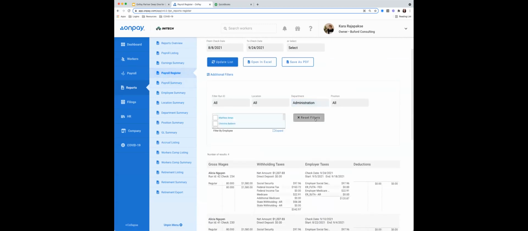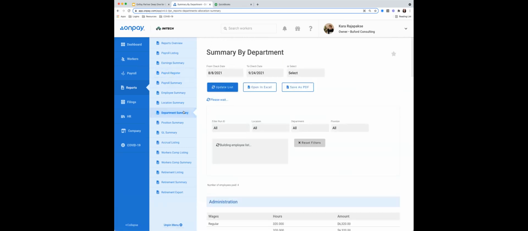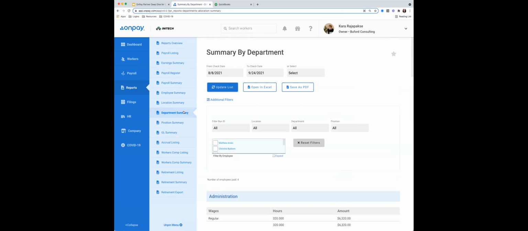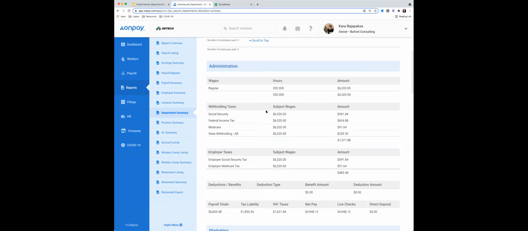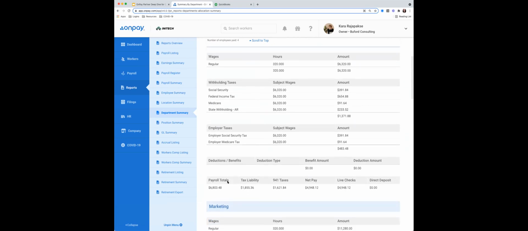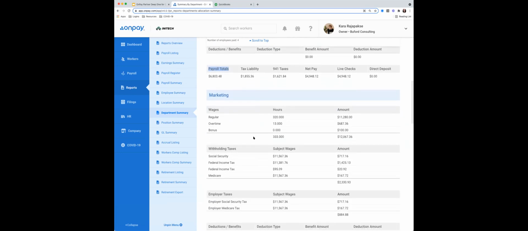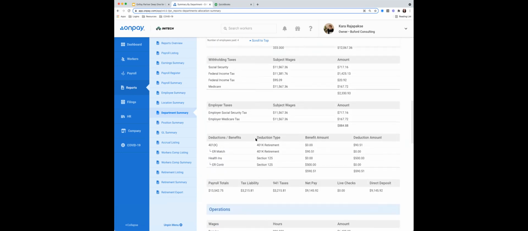The reason I wanted to reset this though, is I wanted to show you that we also have a version of that payroll summary report that will auto segment the data by location, department, and position. So if you're utilizing those custom fields, look at this. I've got administration, same information I'd see in that payroll summary. I get the payroll cost per department, and then I can easily scroll down like so. So I don't necessarily have to filter and get that per filtered view. I can just automatically see it broken out this way.